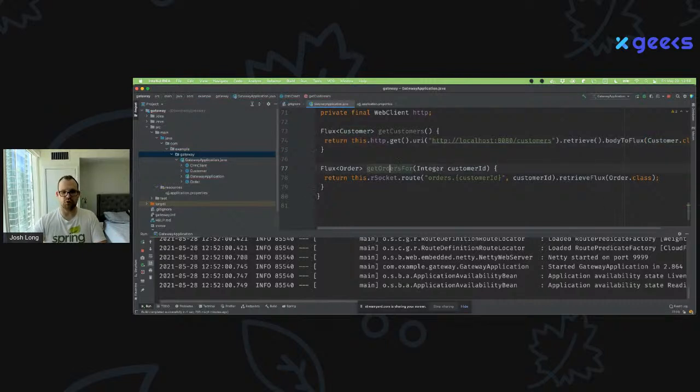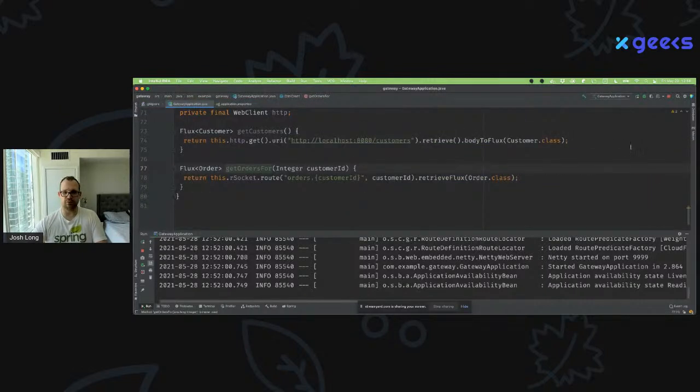Okay. So there's our two reactive streams. They're just streams. We can do whatever we want with them. But of course, things might fail. So like I said, one of the nice things about reactive APIs is you get these very consistent operators that you can use to describe how to handle failure, right?